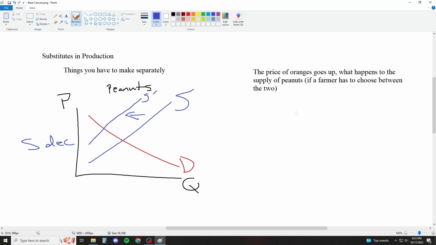Okay? And that's basically it for complements and substitutes. I'm going to have other videos on what actual shifters are. Not what they are, but what are the effects. I'll also do a video on perfect complements and perfect substitutes. I don't know when I'll get to that one because for me personally, it's pretty straightforward, and it hopefully will be for you once I actually show you, and it should be a very fast video, but I'll get to that likely after the shifters videos because I think the shifters videos are more important. But I'll try and splice the two parts I made together and hope it doesn't suck.